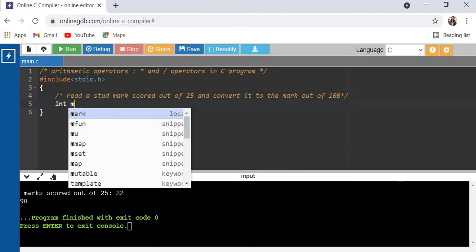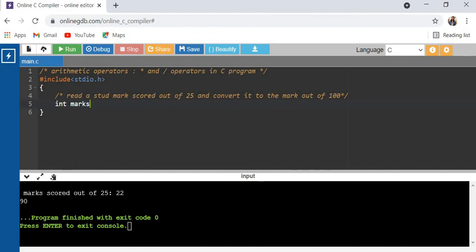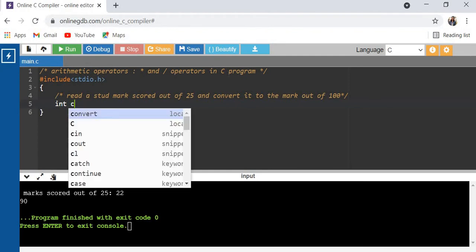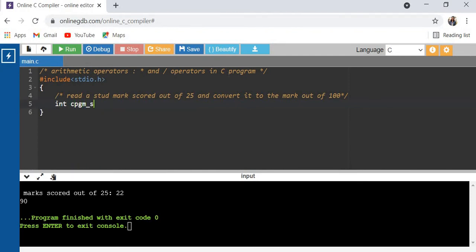Now we are going to declare a variable for receiving the mark out of 25. Let's consider the C program score out of 25 marks. Another variable, C program score out of 100. So two variables we have declared.